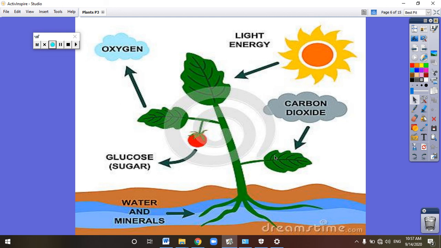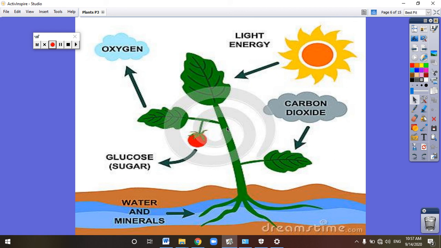And the leaves take carbon dioxide from the air. The air around us contains many gases. One of these gases is called carbon dioxide. The plants take carbon dioxide from the air through the leaves, and also the leaves take the sunlight from the sun. So plants take water by the roots and take carbon dioxide and sunlight by the leaves. When water, carbon dioxide and sunlight enter the plant, it can now make its own food